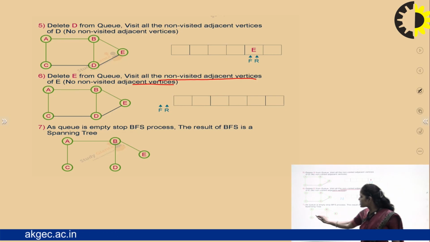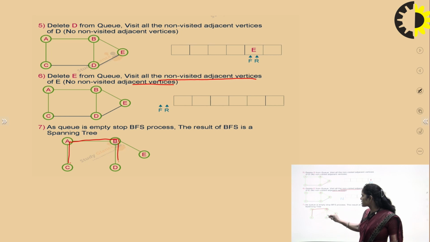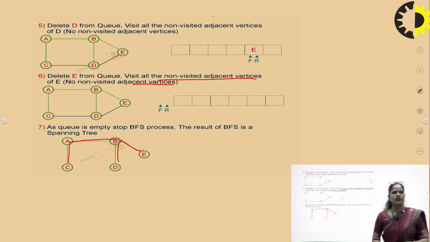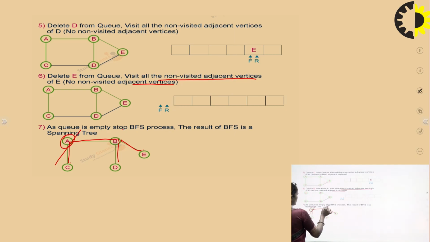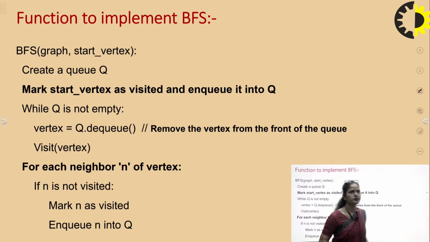And at last we make a subtree of the graph, and this particular tree is also known as a subgraph of the given graph, right? So this is the concept of BFS. In this we are working level by level. Firstly we will move to this particular level, then we will cover this level, and then this, and then this. So this is nothing but a level by level graph traversal.